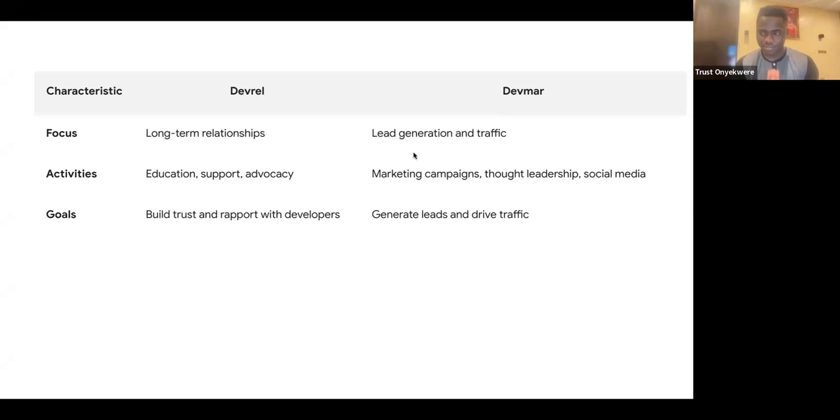In essence, their roles are interchangeable. Those who differentiate, who say DevRel and DevMar cannot match together, don't understand how it works. That is why I said you can read the books, go to blogs, but if you put them in practice, it's different in practice. In real life companies, marketing real life product with developers, DevRel needs DevMar and DevMar needs DevRel.